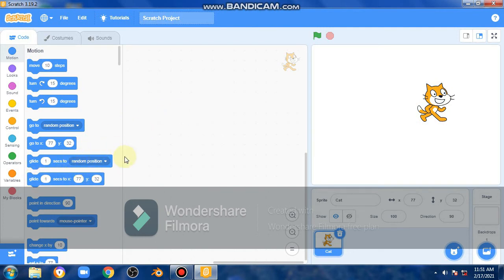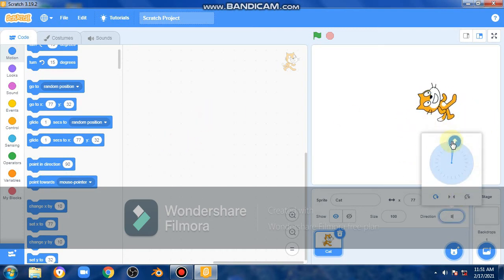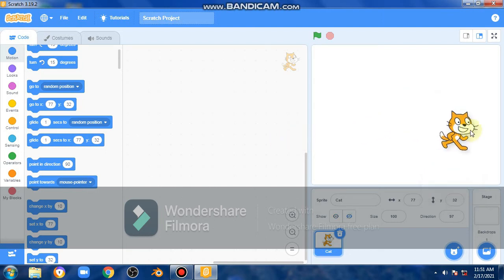Then this is the point direction, means it will rotate like this. Then here it is point towards, means it will point towards my mouse pointer.